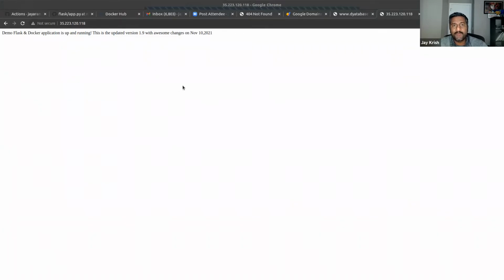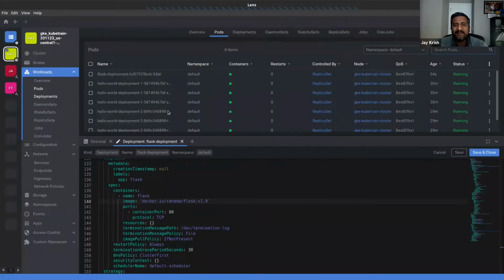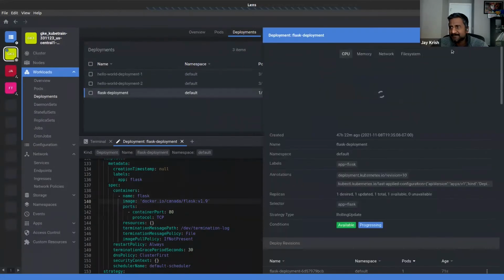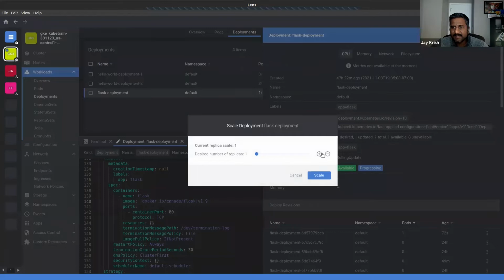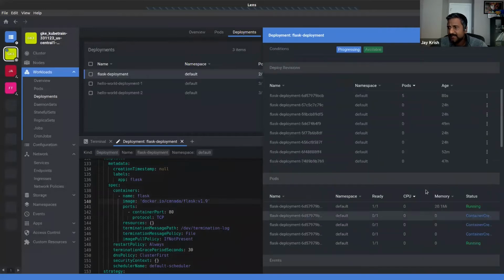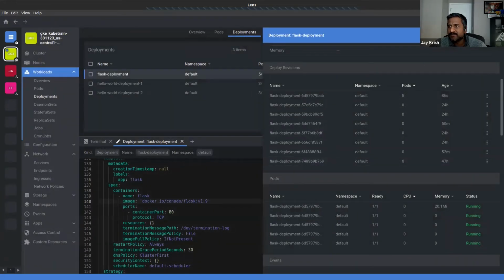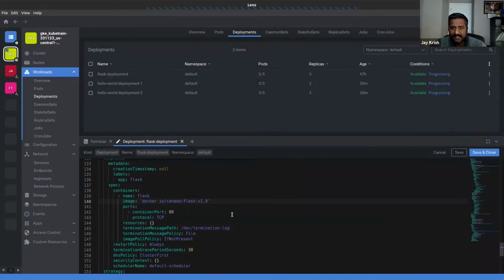And one more quick thing I want to show you is, let us say I scale up this application. Nobody runs just one pod, as we discussed earlier. Let us say I run 5 pods. Okay. And then let me go back to version 1.8.